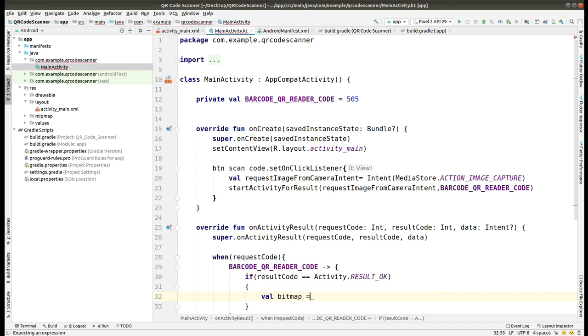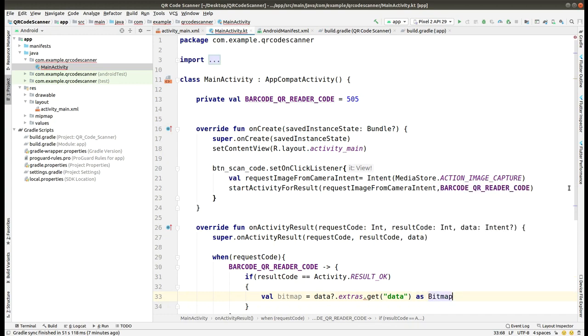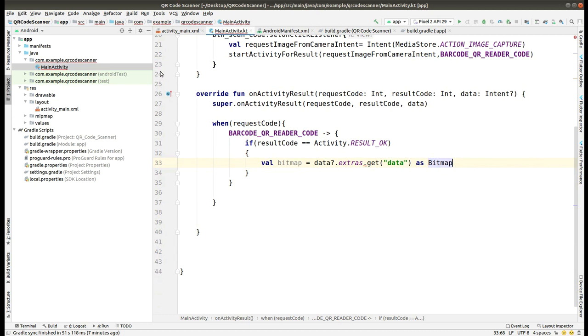So we are creating a variable, and the image that we have captured from the camera intent will get the data for it as a bitmap. Yeah, it is perfectly fine. After that,